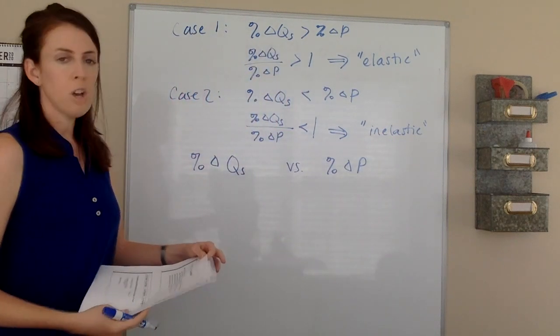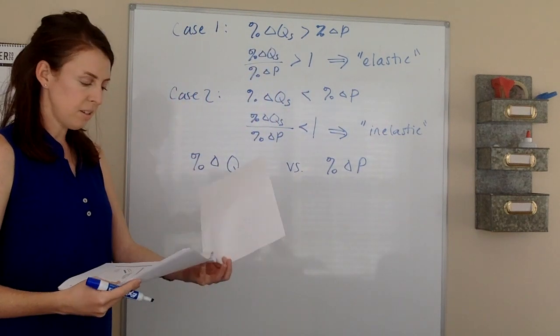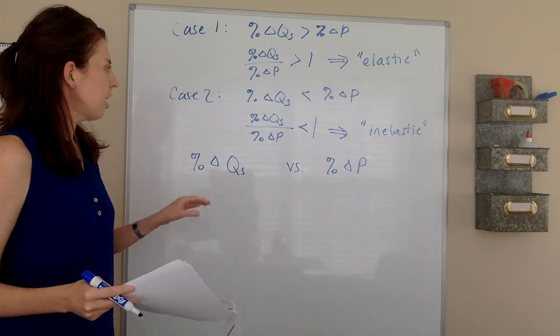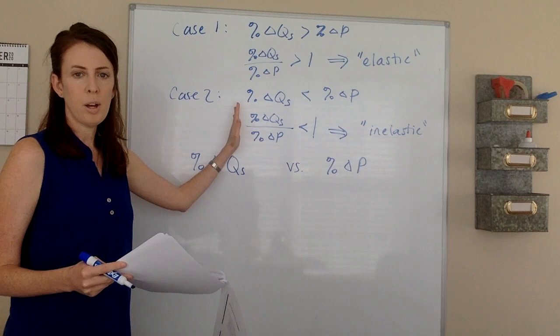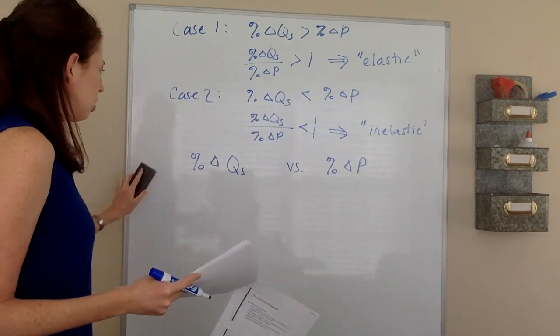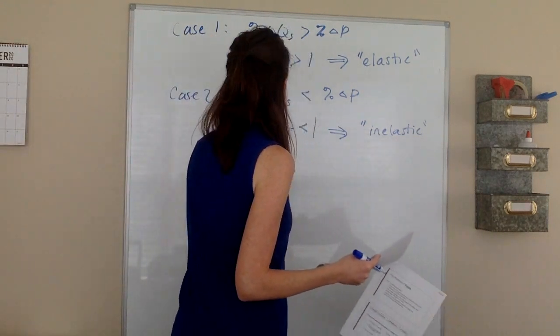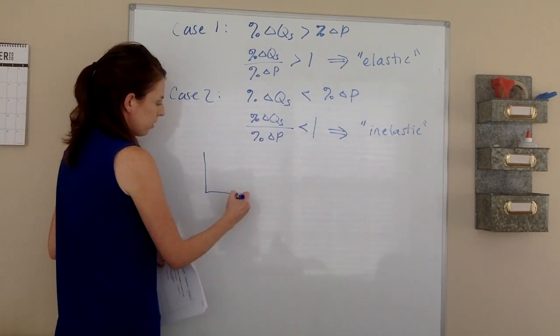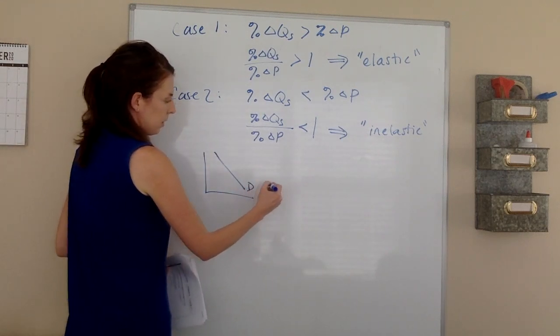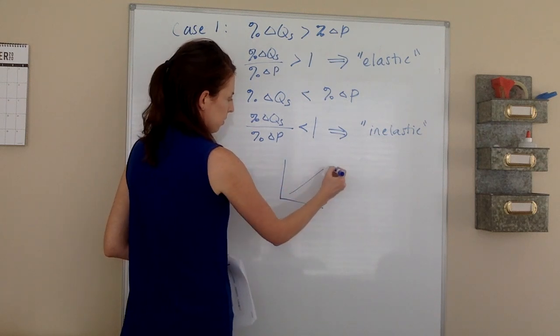Okay, note that unlike the price elasticity of demand, we are not taking absolute values around the ratio. And this should be intuitive why this is the case. The reason it's the case is because if you think to what the slope of the demand curve is relative to the slope of the supply curve,